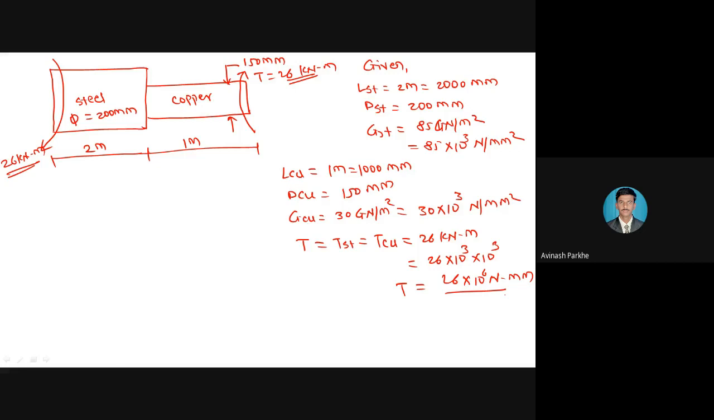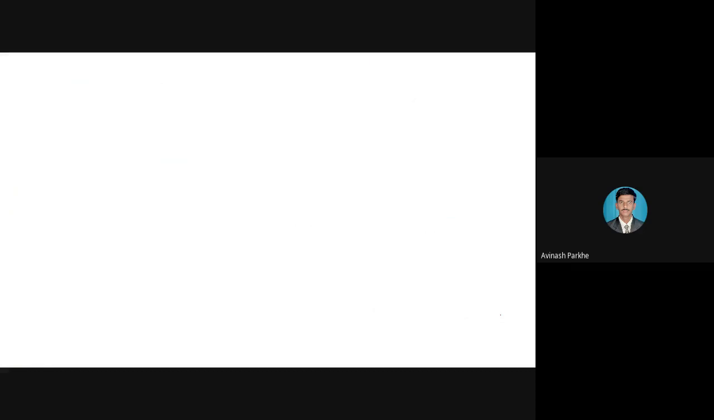And what do we have to calculate? We have to calculate the shear stresses, means tau of steel and tau of copper, and the total angle of twist, means capital theta, also we have to calculate. So these many parameters we have to calculate from this particular structure. Now if I have to calculate the shear stresses induced in each material, initially let us see